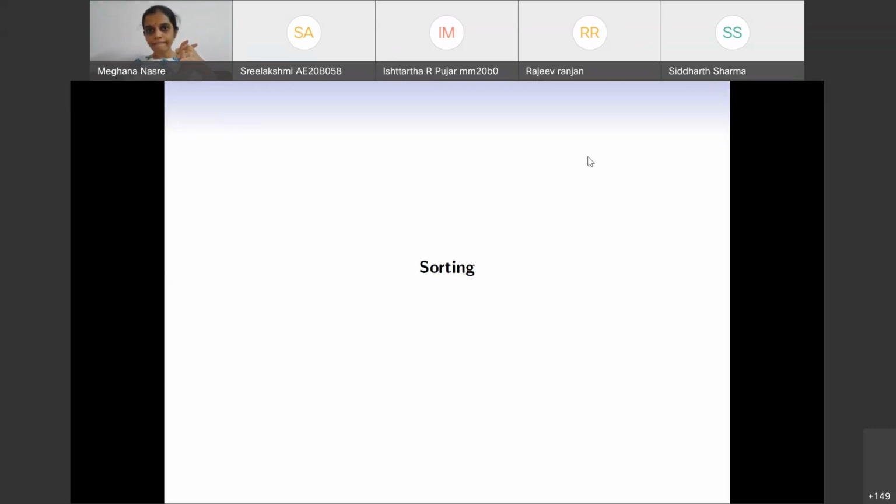Yes, ma'am. Okay, so the first one that Ishtartha had pointed out is what is called insertion sort. Then whatever Siddharth has pointed out is also a valid sort, which is called selection sort, which is picking up the minimum or the maximum. And what I would do in case I want to sort this is something which is possibly what you will also do, but you are possibly biased by the sorting algorithms that you have seen.